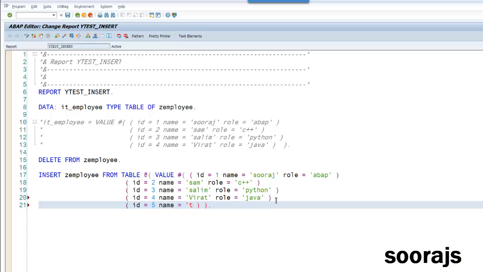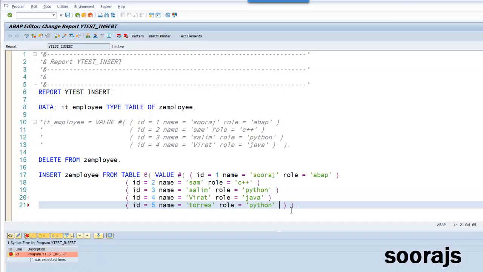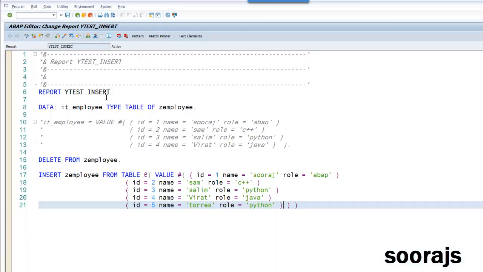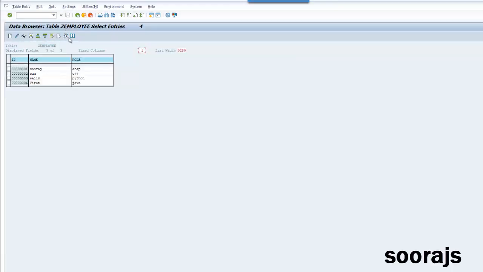I'll say Taurus, role equal to Python. Okay, activate. I have an error here, I think. Yes. Execute. And now if I refresh, you can see Taurus is also getting inserted.